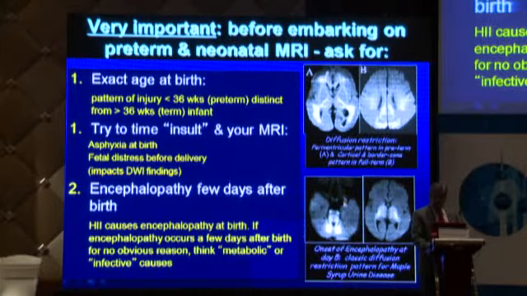For example, look at these 2 diffusion images. You can see diffusion restriction in the posterior white matter and the posterior brainstem, and the internal capsule and the thalami. And this is a classic pattern for a metabolic disease called maple syrup urine disease. And this pattern is something which even a resident should be able to diagnose, because if you treat this patient or this neonate soon enough, you can actually reverse some of the damage that may occur to the brain.